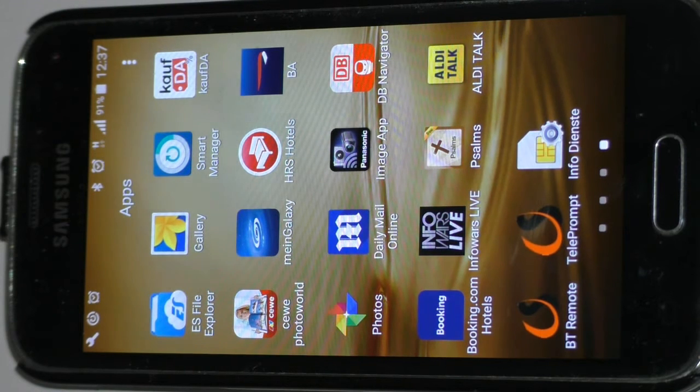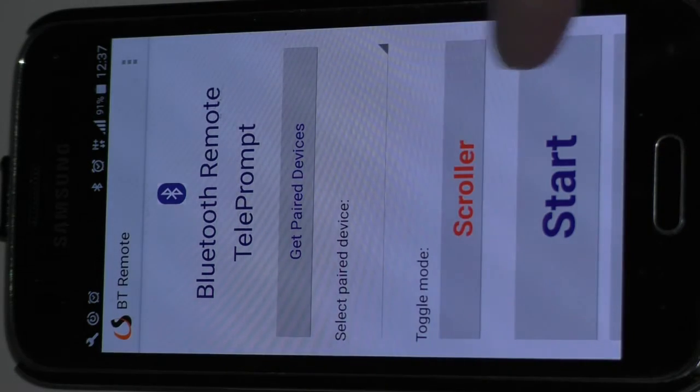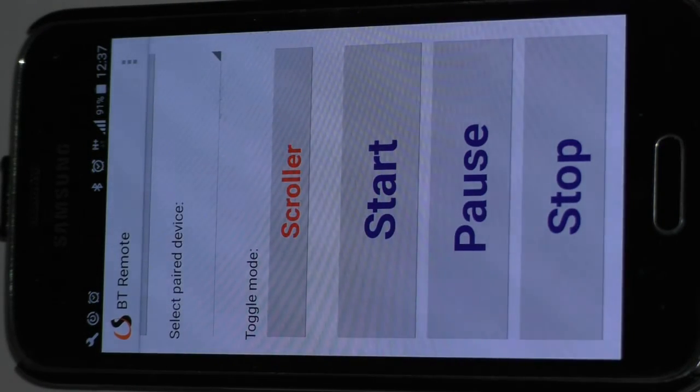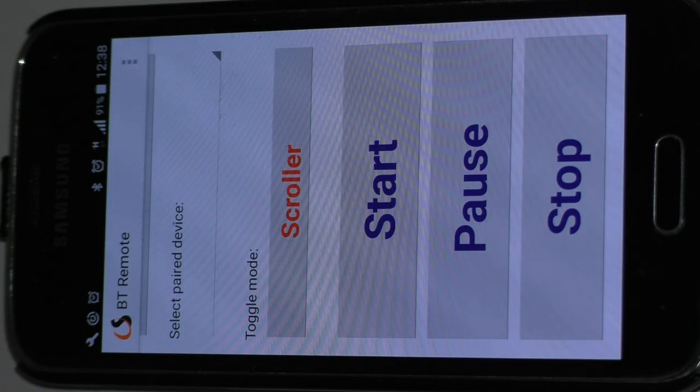So let's run the remote control companion app. As you can see, if I scroll down a little bit, we've got nice big control buttons. These are the buttons we're going to use to control the teleprompter. In this particular case, for the case of a simple scroller, we have start, pause and stop. However, I can toggle the prompt mode into slideshow mode, and then I have the controls next, previous and reset. But today we're only going to be considering the scroller, so I go back to scroller and we see start,